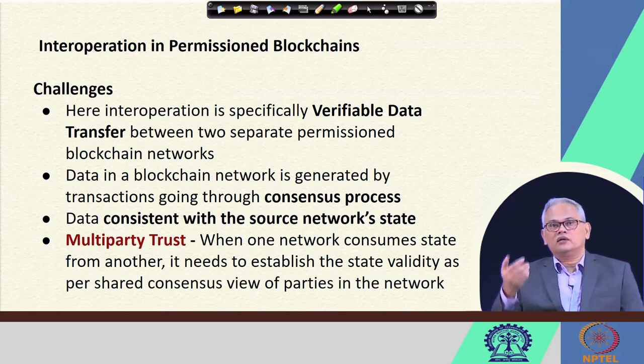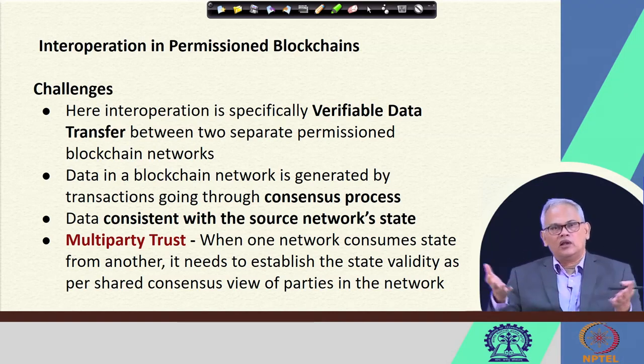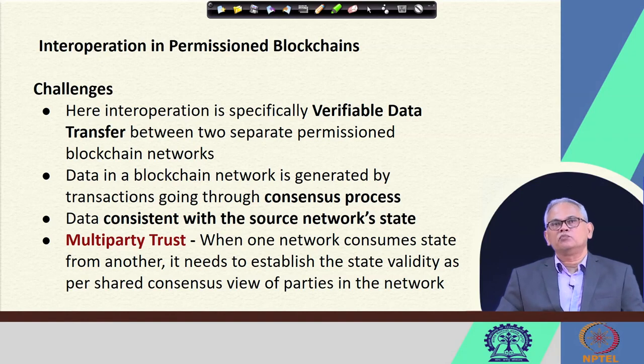Unlike permissionless blockchains, which were typically based on asset transfer, either of cryptocurrency or other types of assets like vehicle title, land rights or land title, or any other property title, here what is important is that if we consider logistics, supply chain, or shipping, there is nothing like an asset transfer. It is more of verifiable data transfer between separate permission blockchain networks. And data in a blockchain network of course is generated by transactions going through the consensus process,